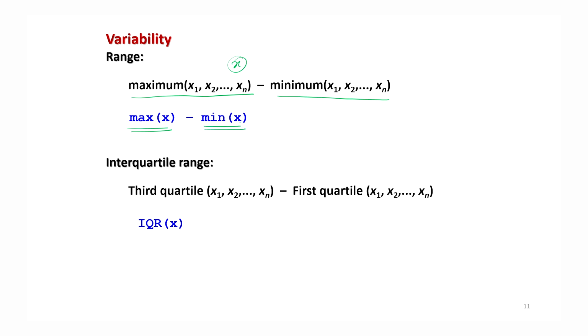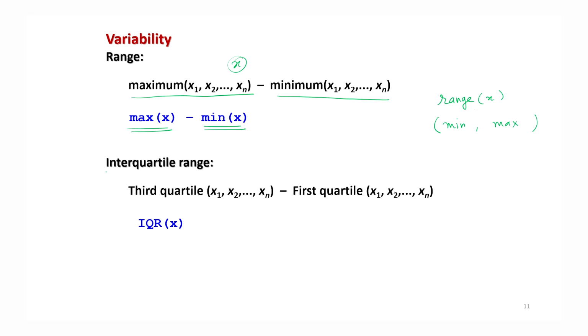I want to have your attention here: you have to be careful that in R software there is also a command range. But if you give range of x, it will give you the minimum value and the maximum value, only two values, whereas here we are interested in the statistical range. So many times we call it the statistical range, right?